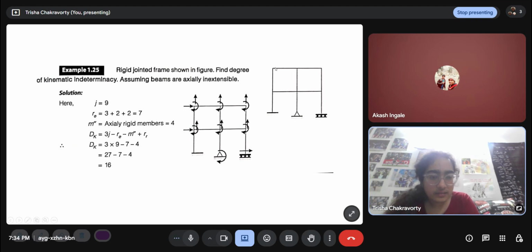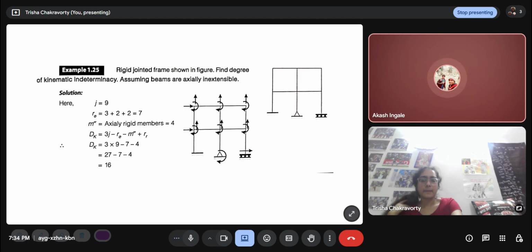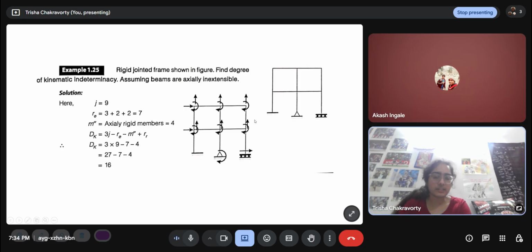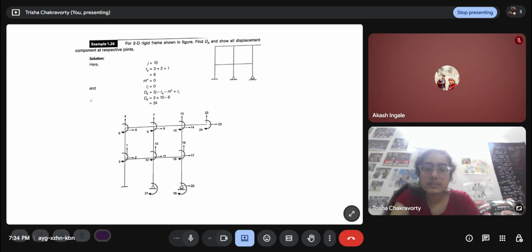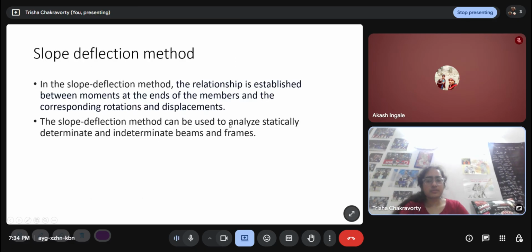Okay. So these four, 1, 2, 3, 4. Fine. A vertical member is not considered in that. No, they are columns here. Well, assuming beams are actually rigid. So this is a similar kind of question as the previous one. Here, since there is an overhang here, this point is completely free, so it will have three extra degrees of freedom as well. Now we move on to the slope deflection method.